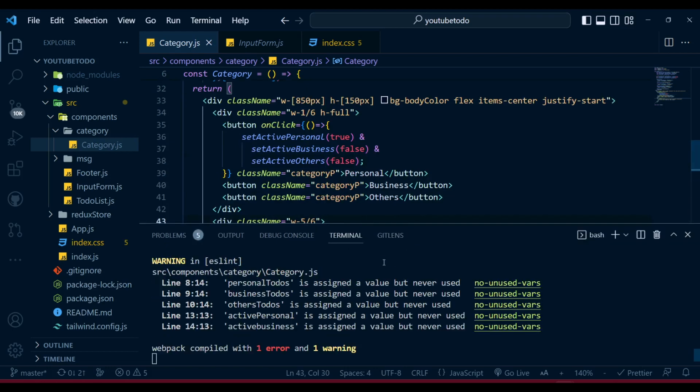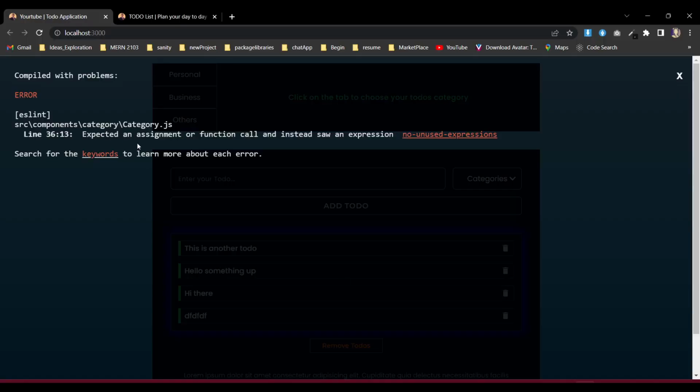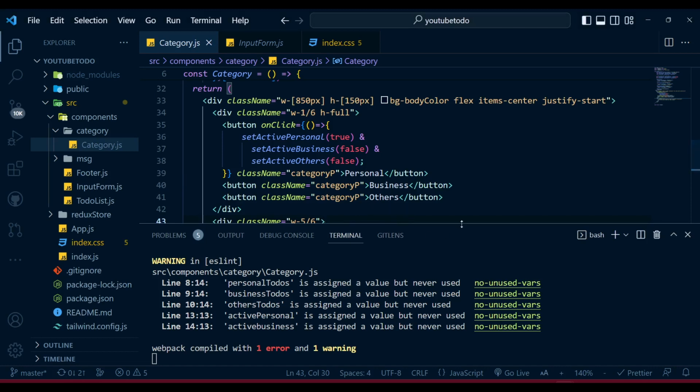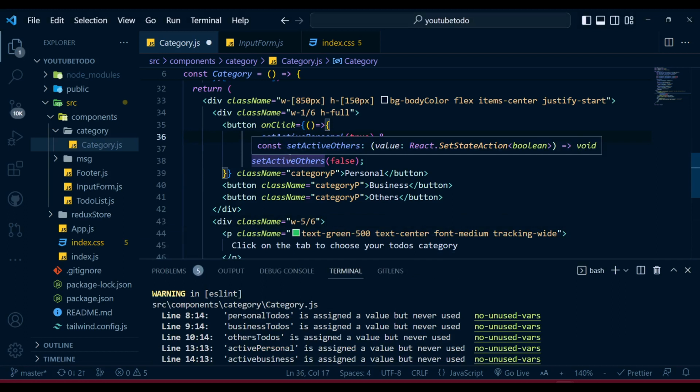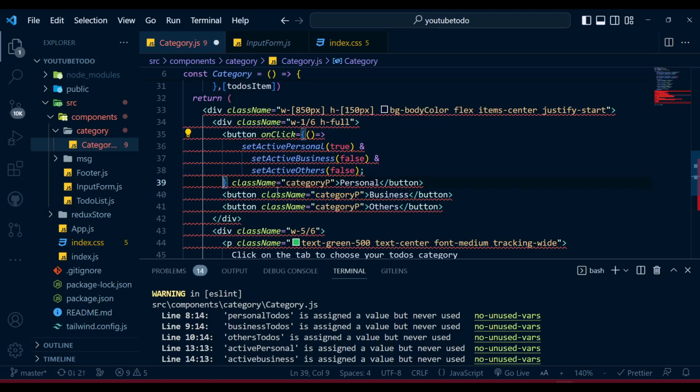Okay, what is the error we are getting over here? Personal to-dos, assign. Expected assignment or function, 36 by 13. Okay, set active personal true, and set active business true. I think there's supposed to be no mistake, or I believe we